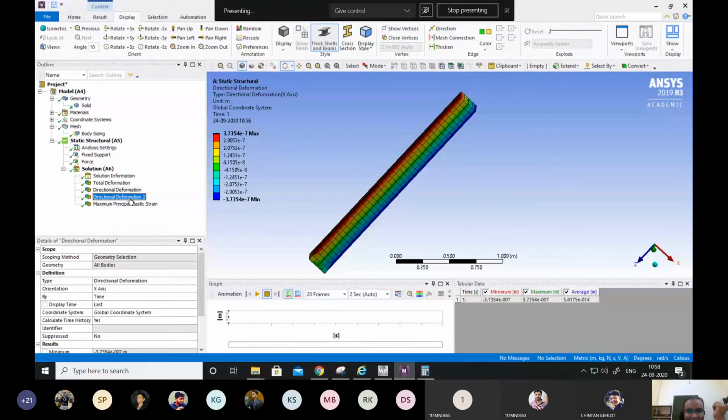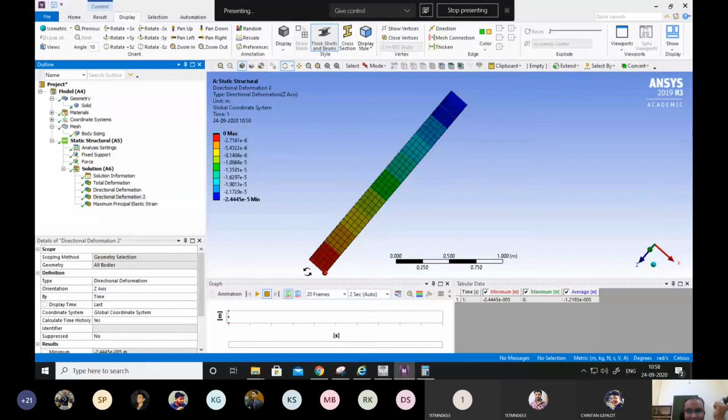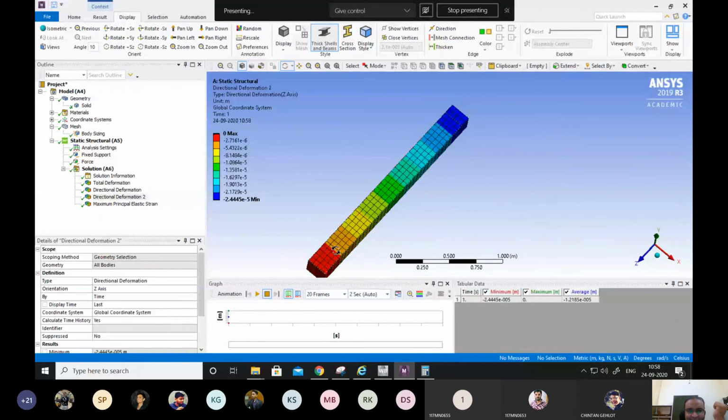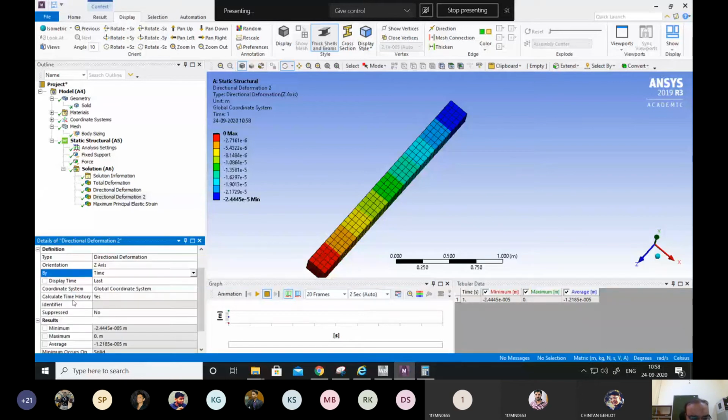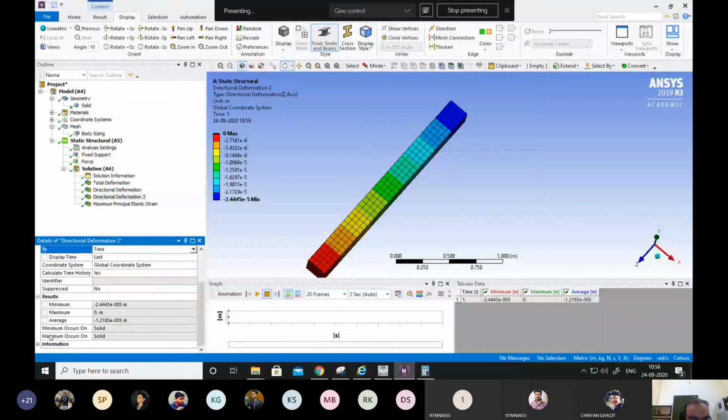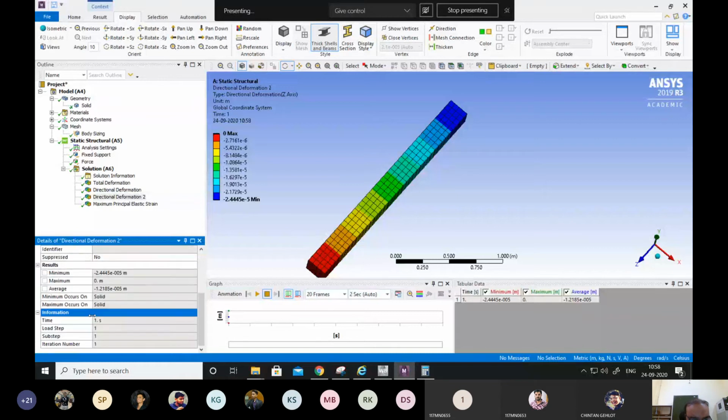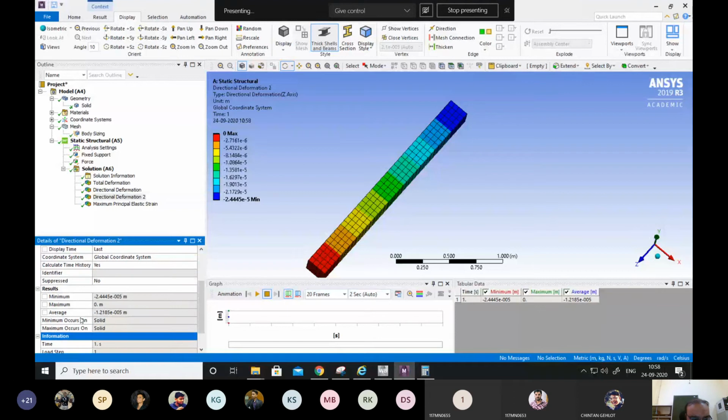And in y-axis, it's quite clear. We saw that 2.4 into 10 to the power minus 5. So even we can put this in minus z direction. Oh, okay. I think somewhere units I can change to make it more readable.